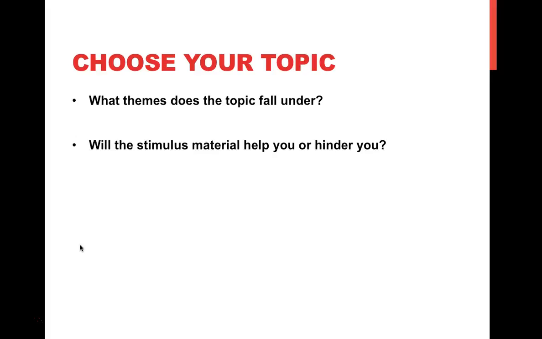You then need to have a look at the stimulus material to see whether you think it will help you, or will it just make the essay writing harder for you. So the best thing to do is to have a look at it and see if it generates any ideas that you could write about. Remember that you do not need to necessarily quote the stimulus material directly, but you can definitely use the ideas